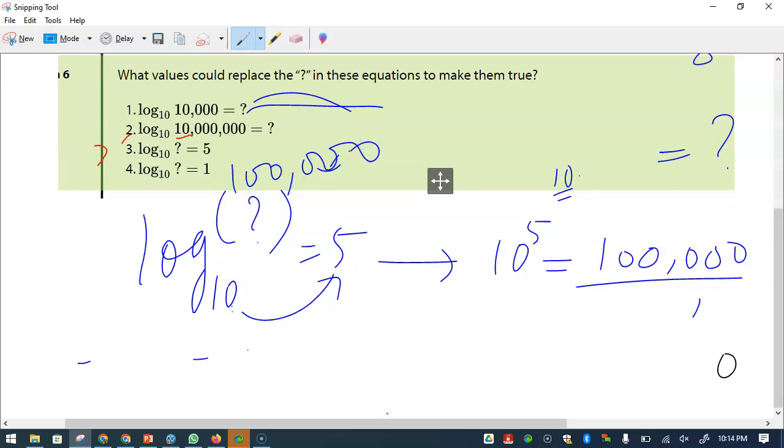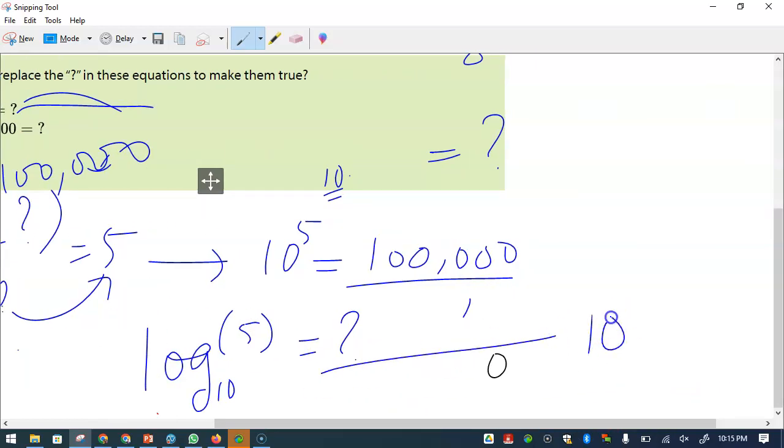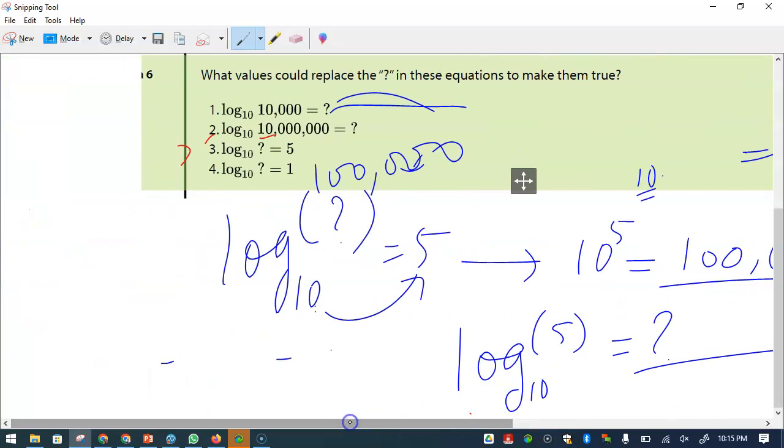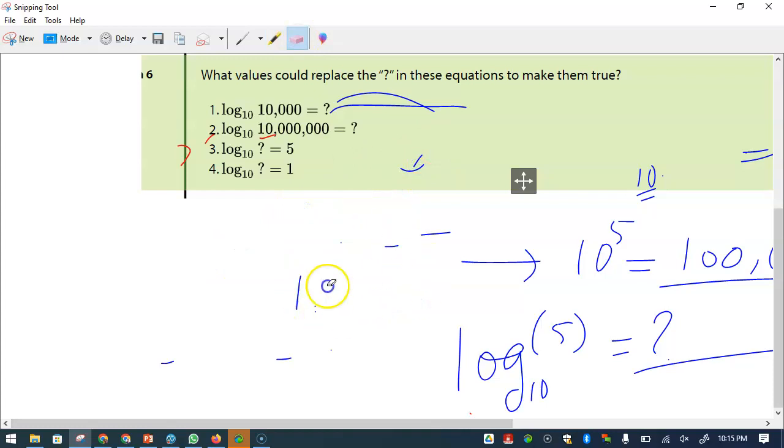But I was trying to show the other one, if it was log 10 and the 5 was here, then what's the question? I was trying to say, hey, if that's the question, 10 raised to what gives you 5. So anyway, you learn all three things together. And the last one is